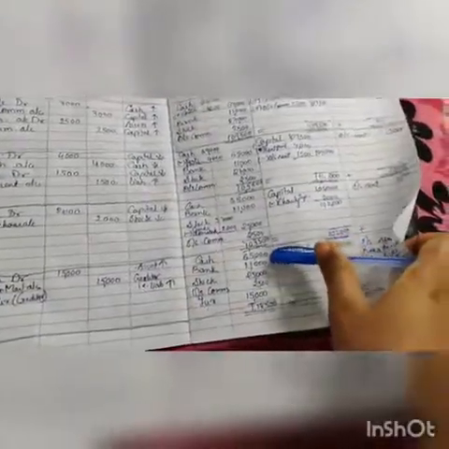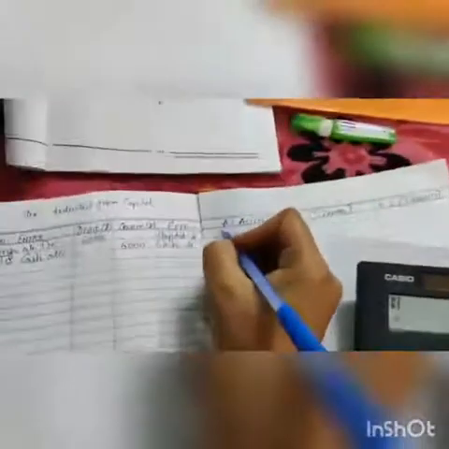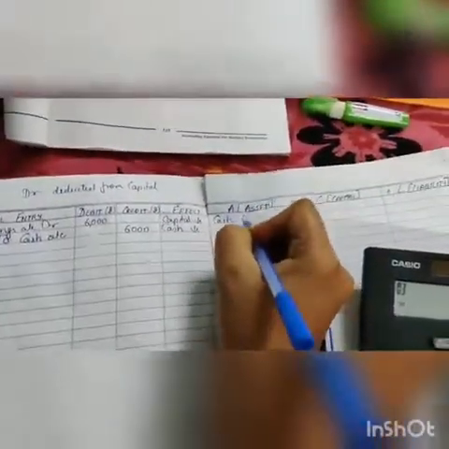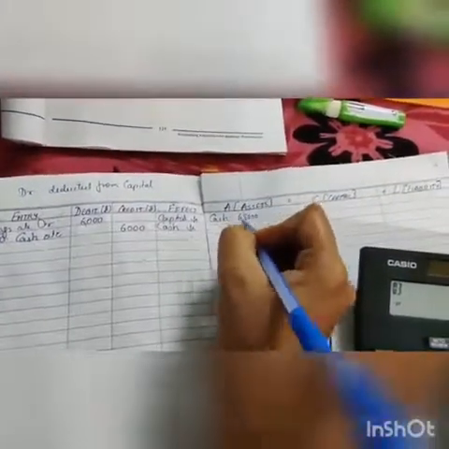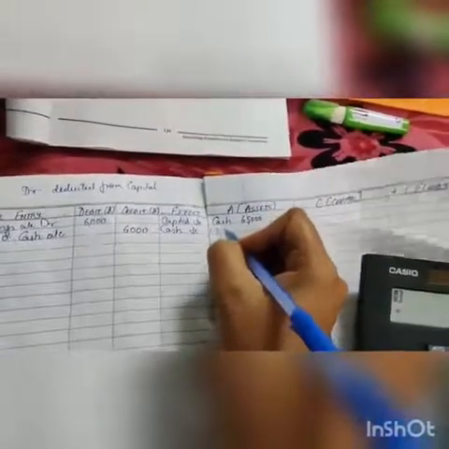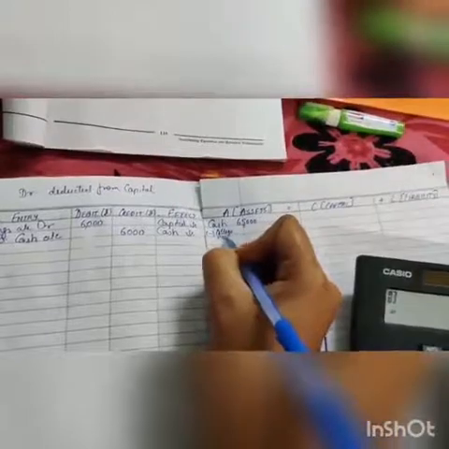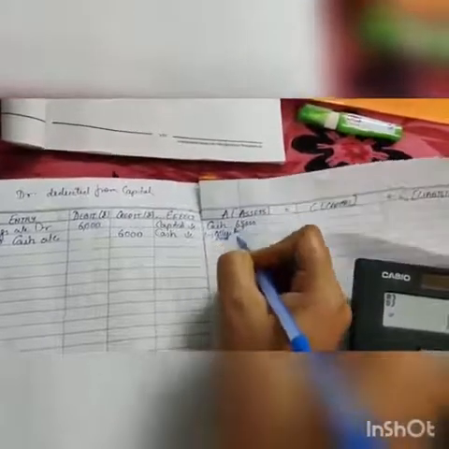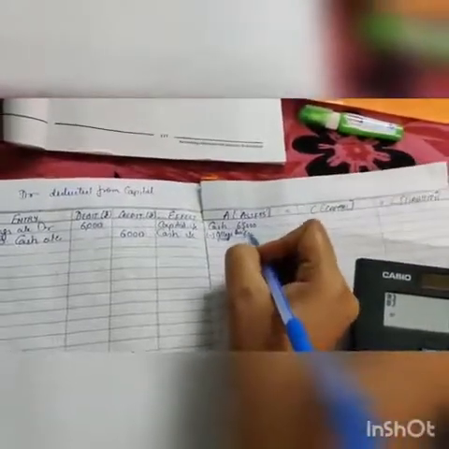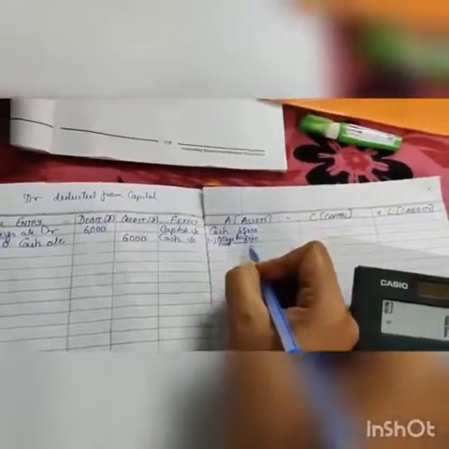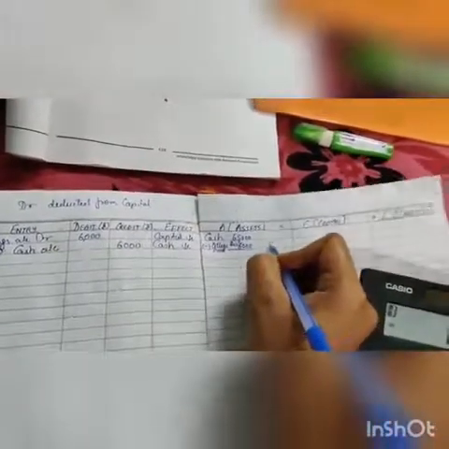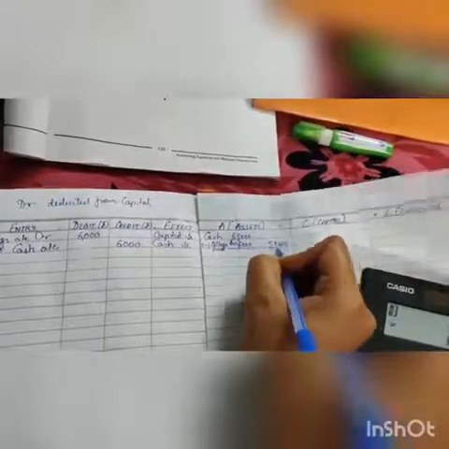Now we will see on asset side what was there. So on asset side, asset is in cash 65,000. So here we will write down cash 65,000 minus, that is college fees paid. Clear? So how much was the fees? That is 6,000. So 65,000 minus 6,000, what you will get? So 59,000 you will get.